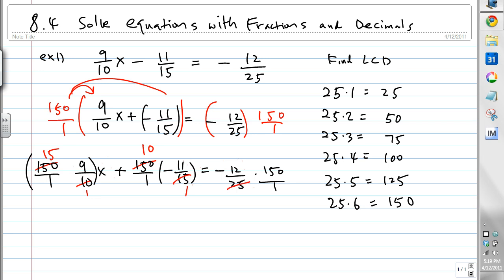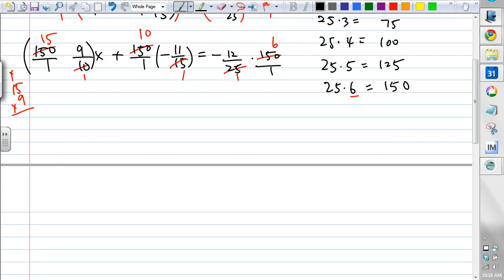And 25 goes into 150. Remember, how many times does it go in? 6 times. So look at all the denominators. We just have 1 now. So what is 15 times 9? Let's do 15 times 9. When you do that, what do you get? So you get 45, and then 1 times 9 is 9. So you get 135. So